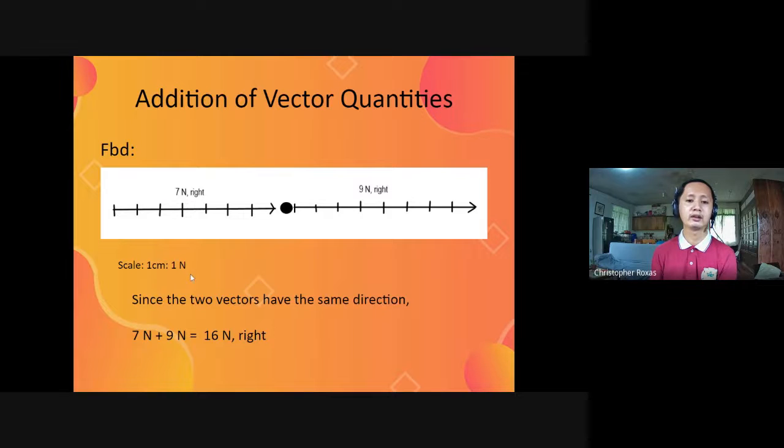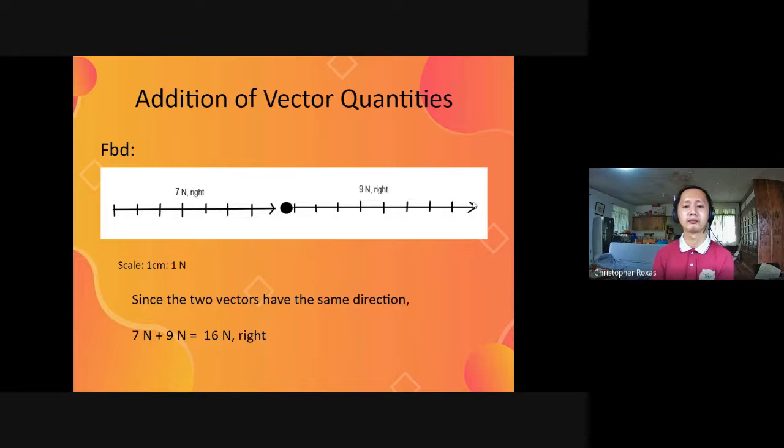Our scale is 1 centimeter is to 1 Newton. So for every centimeter, it is equivalent to 1 Newton. Student B pulls the cart 9 Newton to the right also. So this is his vector, measuring 9 centimeters. Since 9 Newton is the force exerted by student B, that will be a 9 centimeter arrow